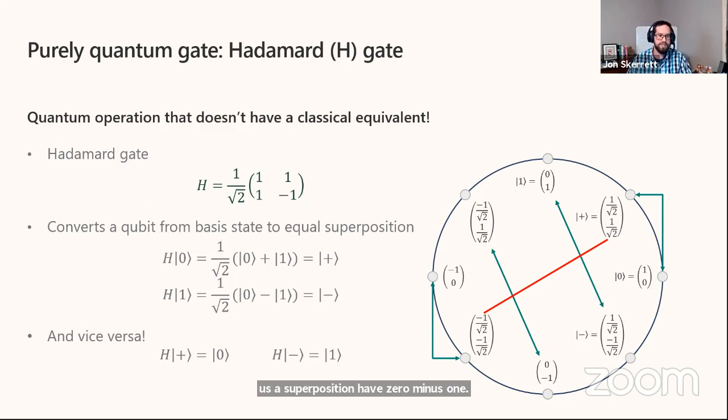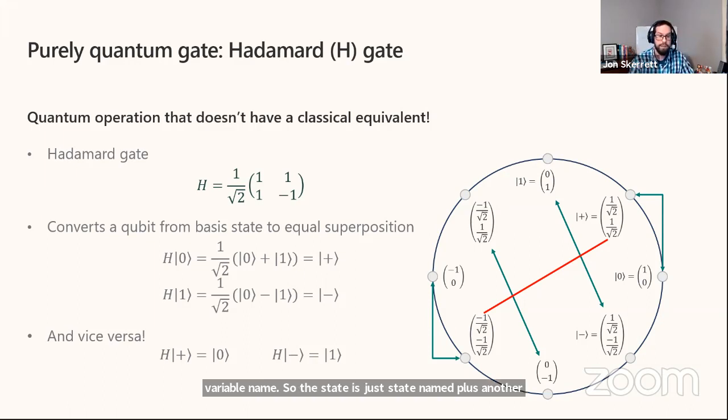So those 2 states are important in quantum computing. They occur in a lot of algorithms, and so they have their own special notation. They're called the plus state and the minus state. Remember that the symbol in the Ket notation is just a variable name. So the state is just a state named plus.